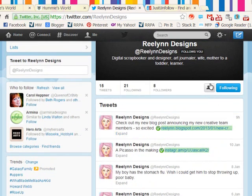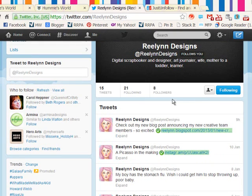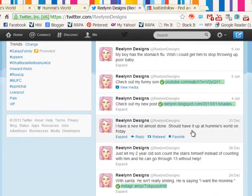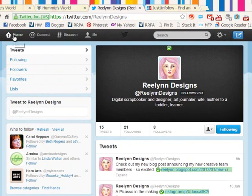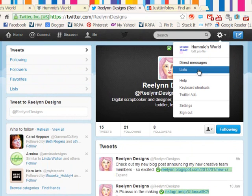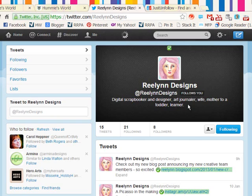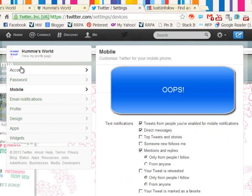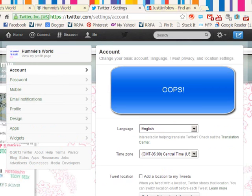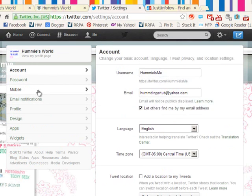Sometimes you'll go in there and that option won't be available because they don't have their phone hooked up, and if they don't have their phone hooked up, I don't think you can do it. And so she must have just recently done that, and now I'm going to get everything she does. There are settings in here that are for mobile. Oh, maybe I don't want to do that. You see my phone number. There are settings in there